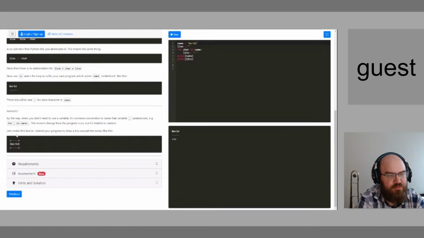Let's make this even fancier. Extend your program to draw a box around the name like this. What? That looks so sophisticated. That's okay. You can do it. We got 13 minutes, and then we'll see where we get. Well, if I'm able to just print, I feel like this is just the easiest answer. Because what I did before was